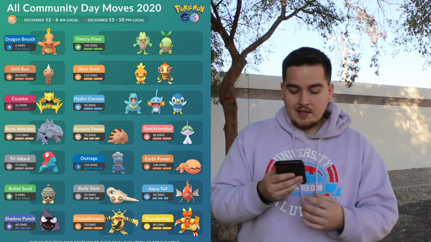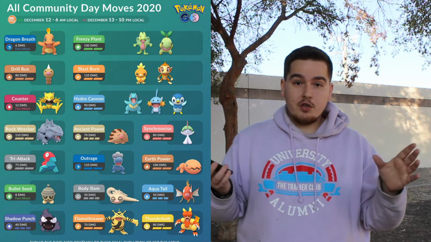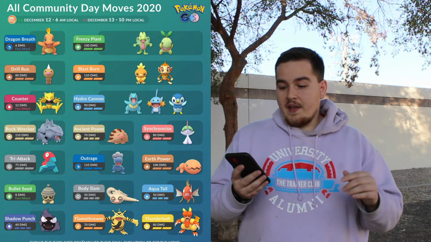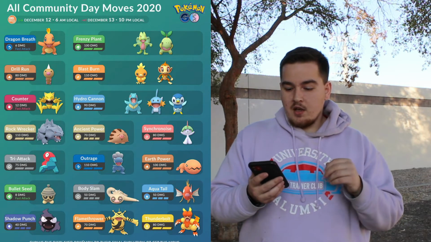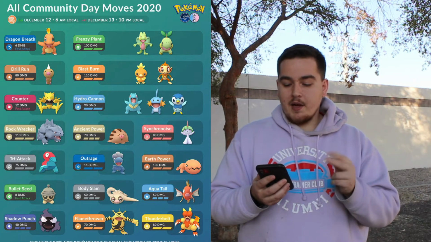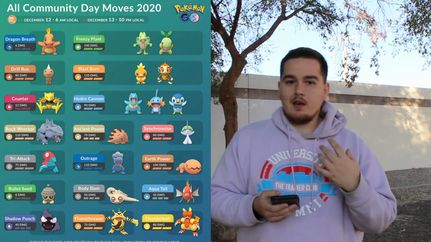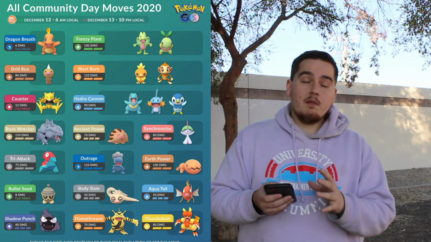Slakoth with Body Slam. Ralts with Synchronize, no matter which evolution path you decide. Swinub with Ancient Power. And then Turtwig and Treecko will get Frenzy Plant. Torchic and Chimchar will get Blast Burn. And Totodile, Mudkip, and Piplup will each get Hydro Cannon. I'd really recommend the Mudkip, but let's take a look at which of those Community Day moves you should